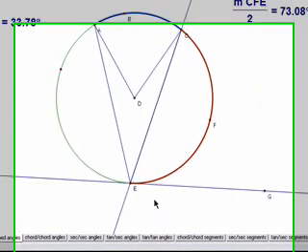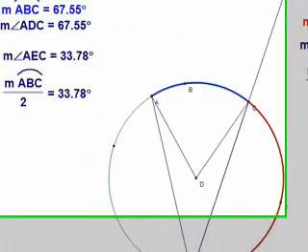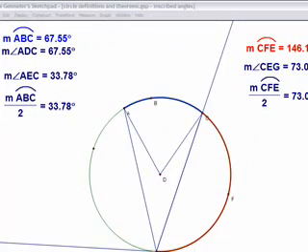This is an explanation of a lot of the different relationships between chords and secants and tangents and their lengths when they intersect inside and outside a circle, and also arc measures. So just to get started with this one, which you probably have seen before, if you have this central angle